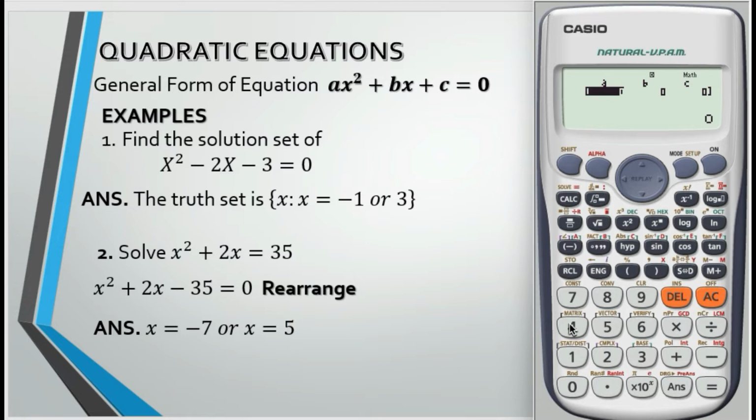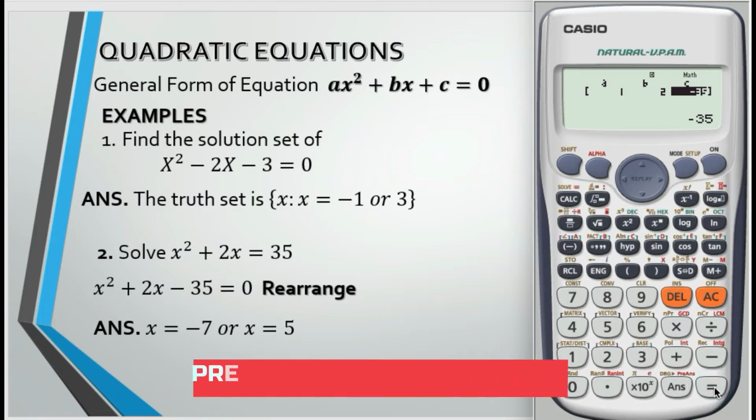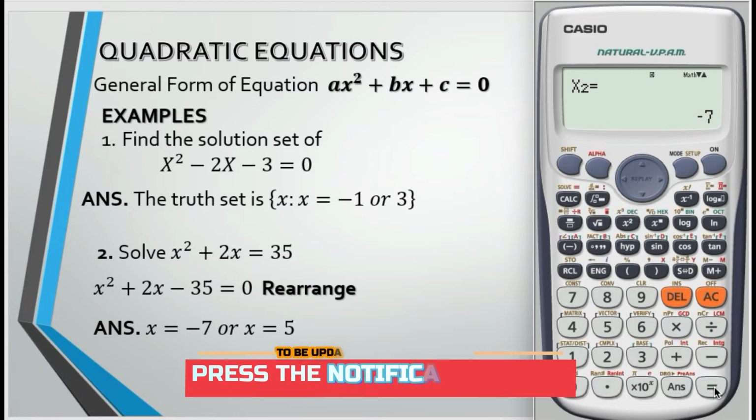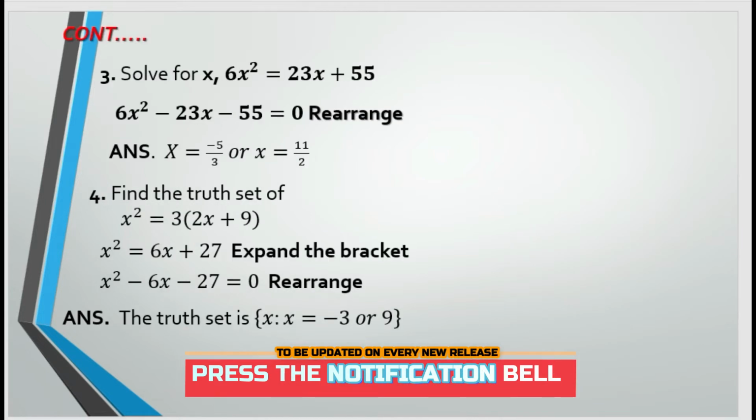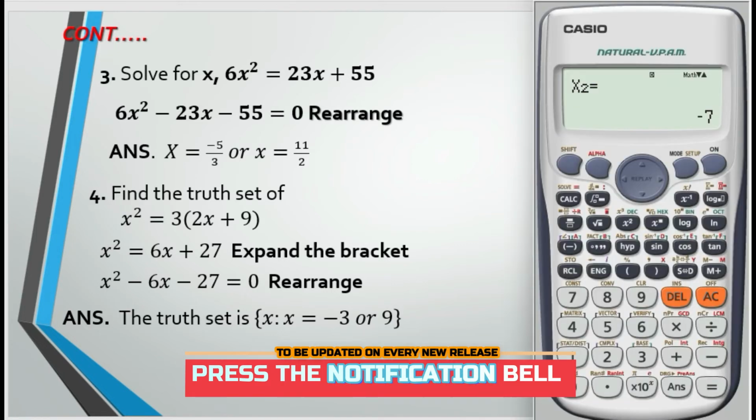Now you key inside this equation in the calculator. So the coefficient of x squared here is 1, then x is positive 2, then the constant is negative 35. Alright, so hit the equal sign and the value is 5 and negative 7 as given here. Alright, so the next example, example 3, says that we should solve for the values of